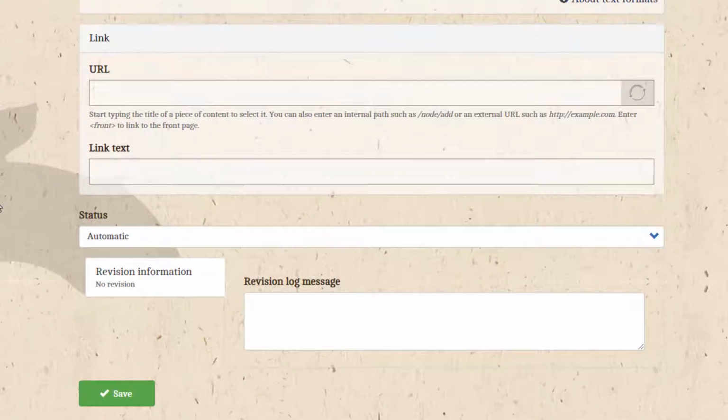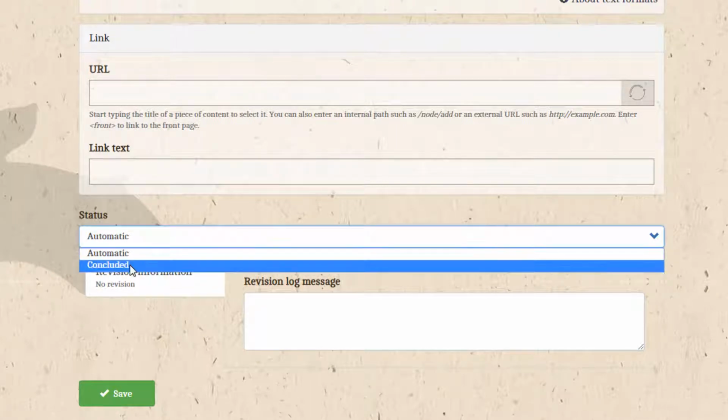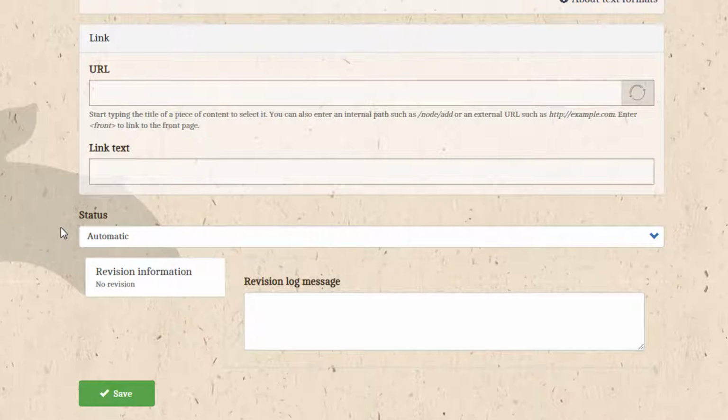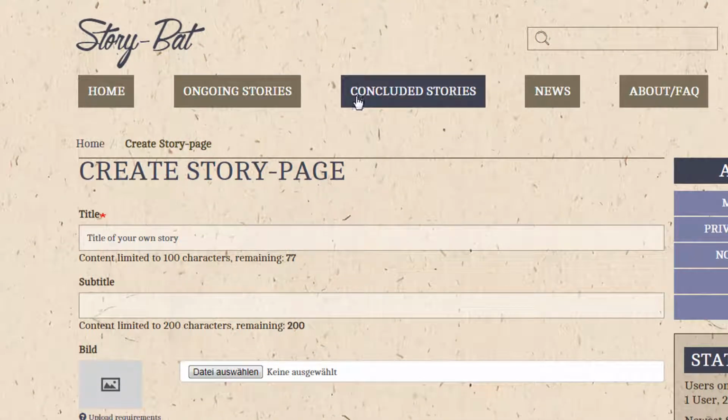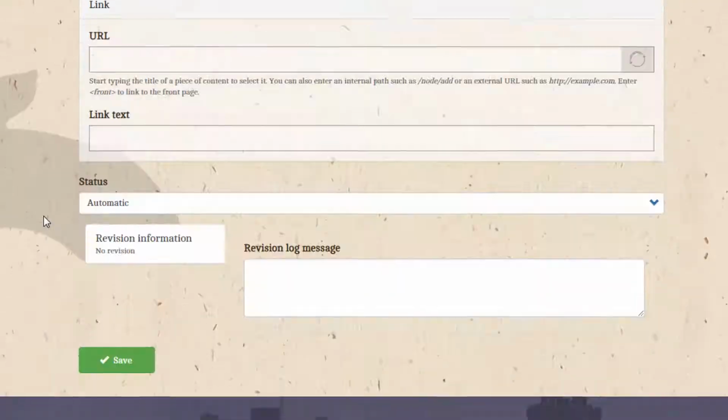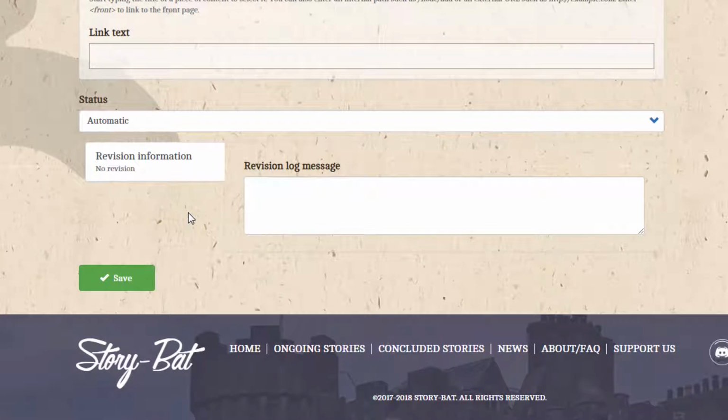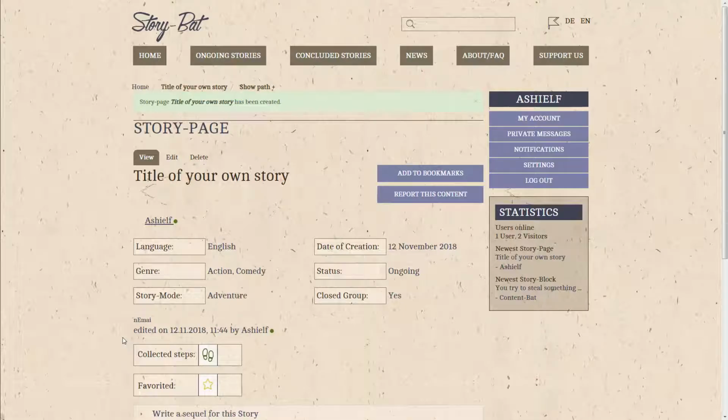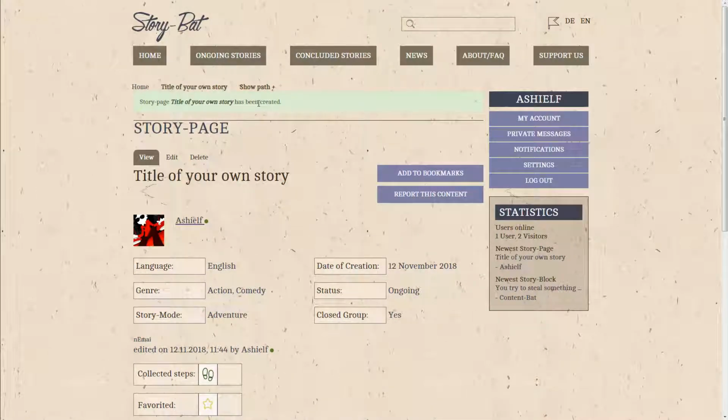Lastly, the status. This one you will need when your story is finished, so you can come back to this story page, edit it, and under status you can set it to concluded, and it will then move automatically from ongoing stories to concluded stories. The revision information field is just a log message possibility for you to make notes about changes you have made to the story page. With that, you can just press save to create your story page,